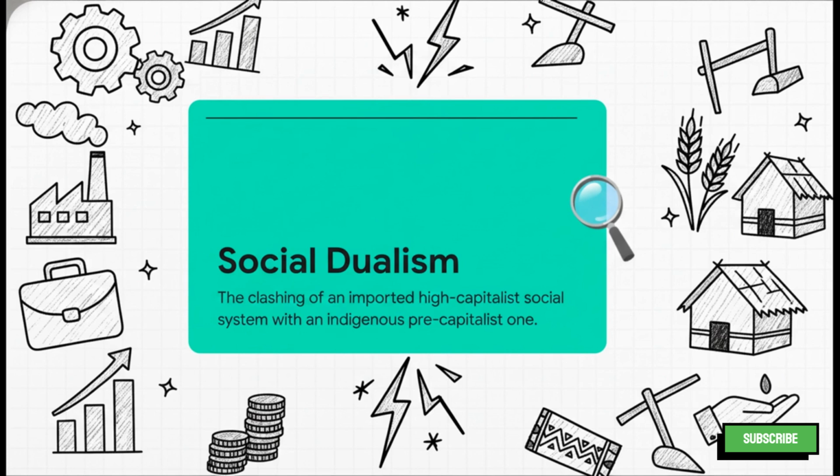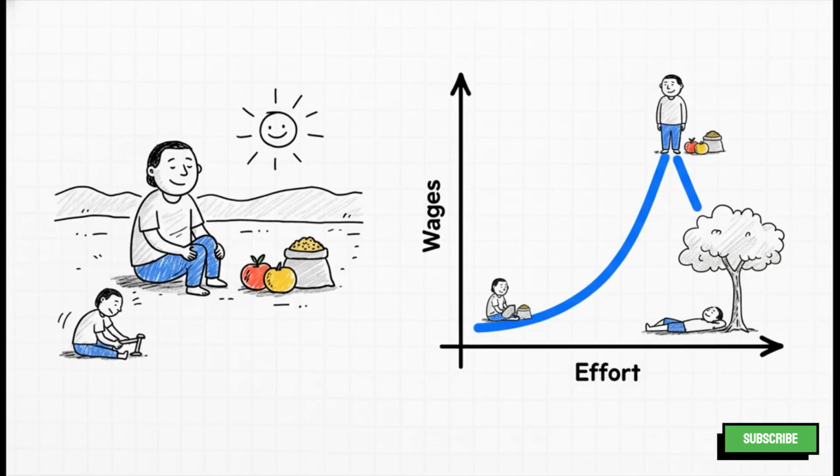We're talking about two completely different ways of life, trying to exist in the same place, and, well, they just don't mix. What he noticed was that in the traditional system, which he called the Eastern system, people's needs were pretty limited. They basically worked just enough to get by, and this leads to a really counterintuitive economic idea. Think about it like this. If the price of coconuts suddenly shot up, you'd think a farmer would sell more, right? But Boeke said no, they might actually sell fewer coconuts. Why? Because they could make the money they needed for the week way faster and then just take the rest of the day off. It's a classic concept called a backward-sloping supply curve of labor.